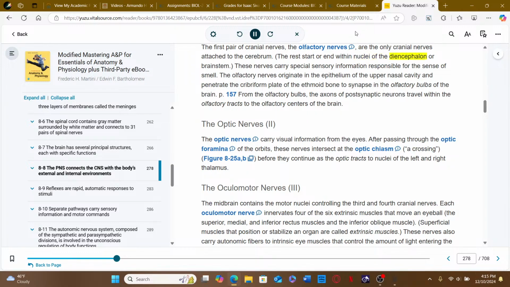The rest start or end with nuclei of the diencephalon or brainstem. These nerves carry special sensory information responsible for the sense of smell. The olfactory nerves originate in the epithelium of the upper nasal cavity and penetrate the cribriform plate of the ethmoid bone to synapse in the olfactory bulbs of the brain. From the olfactory bulbs, the axons of postsynaptic neurons travel within the olfactory tracts to the olfactory centers of